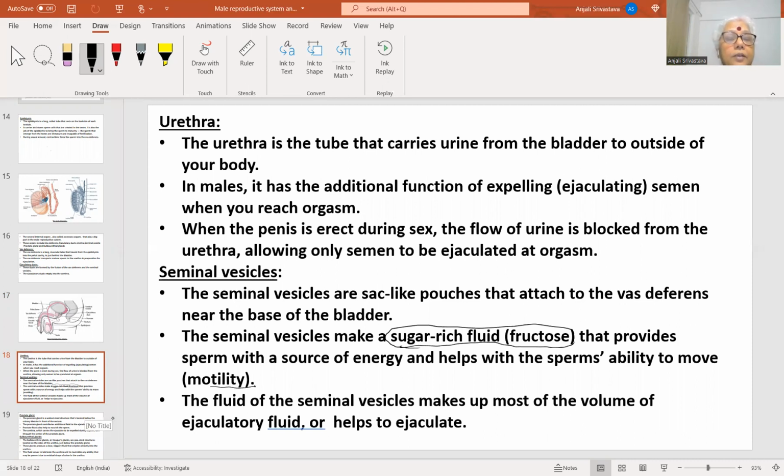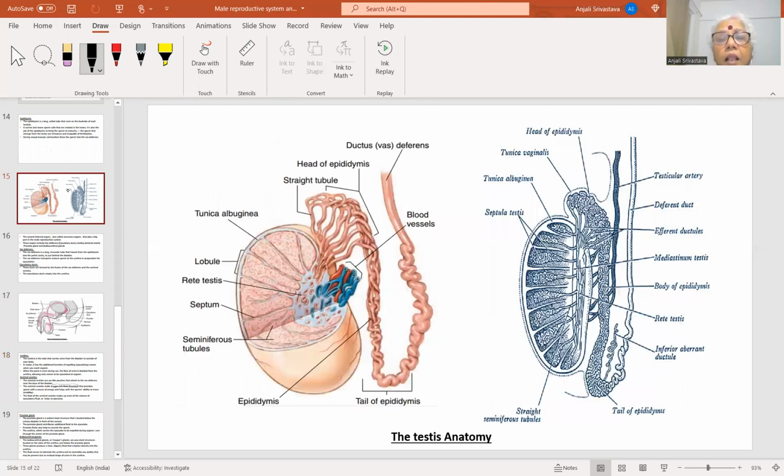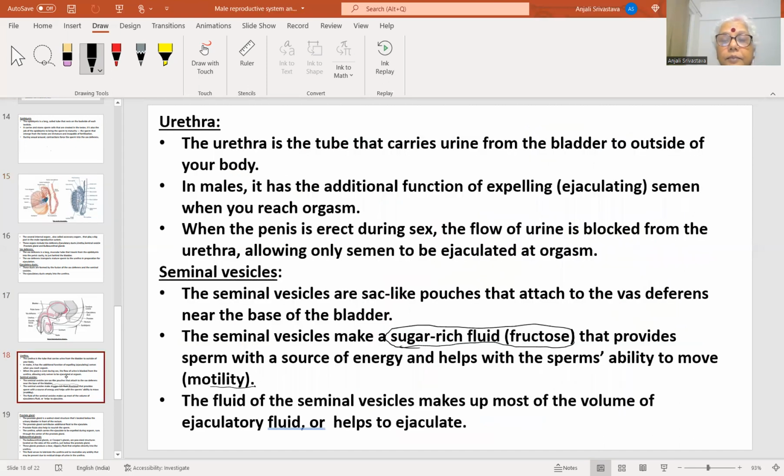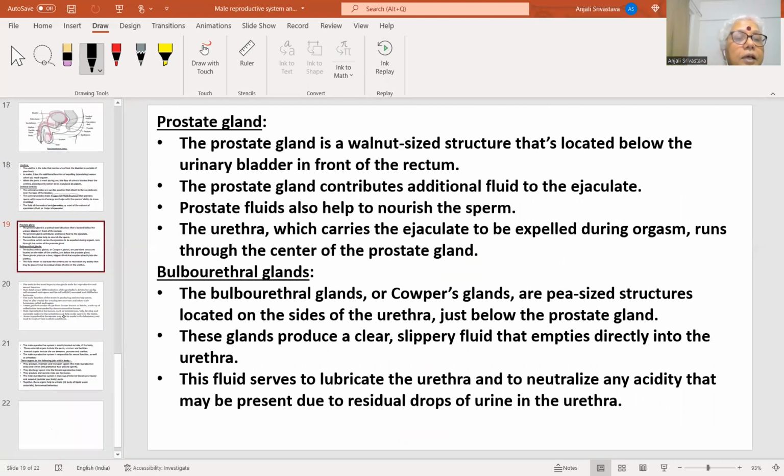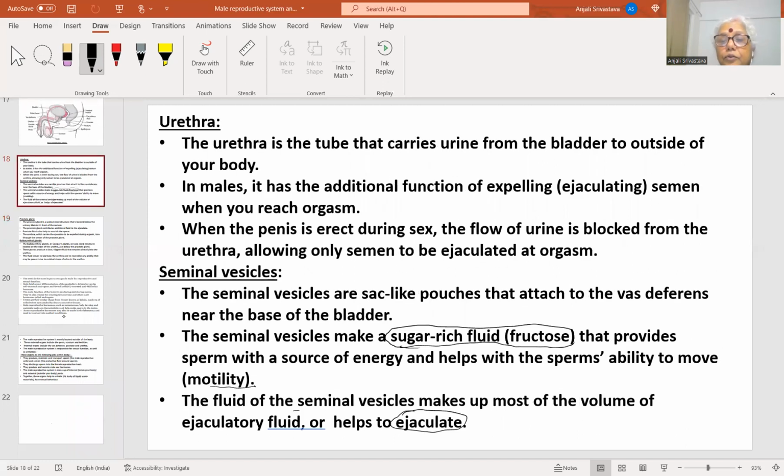जब sperm epididymis से पहुंचता है, epididymis से क्रॉस करता हुआ वास डिफरेंस से होता हुआ जब तक सेमिनल वेसिकल्स तक पहुंचता है स्पर्म, तब जाके इसमें मोटिलिटी आती है, तेजी से ये सीमेन के साथ मिक्स करता है और उसके बाद स्पर्म से मोटिलिटी आती है, and now it is ready to be accepted, or it is released in the form of the semen that is ejaculated during the sexual behavior, and that is a very important function. जब हम फिजियोलॉजी देखेंगे तब हम देखेंगे कि ये जो सीमेन की फ्लूइड बनती है, शुगर रिच फ्लूइड, फ्रुक्टोज